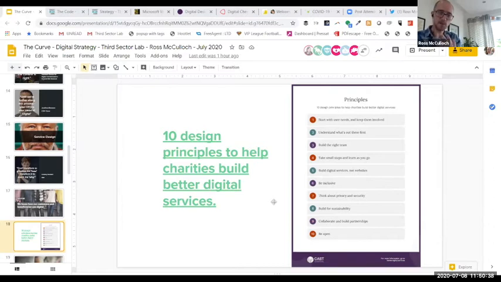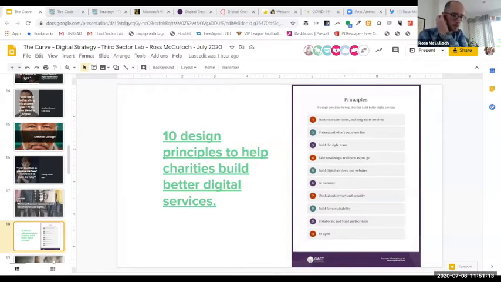When we come into the discussion, it'd be interesting to see how you're approaching that at the moment. And then number 10, being open around this stuff. This is a really important one actually. When we're thinking about designing these services and asking people what they want and need, whether that's partner organisations or your beneficiaries, try to do that more out in the open and think about how your social media channels can be useful for that. So throw questions open to your beneficiaries rather than thinking we need to design all of this behind closed doors and then launch it to the public. So really small iterative steps and being open as you go around that.